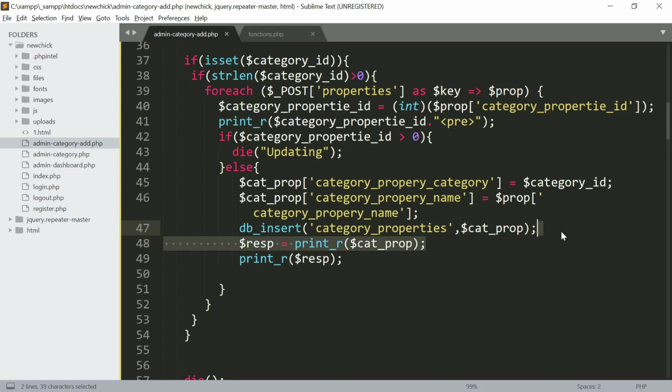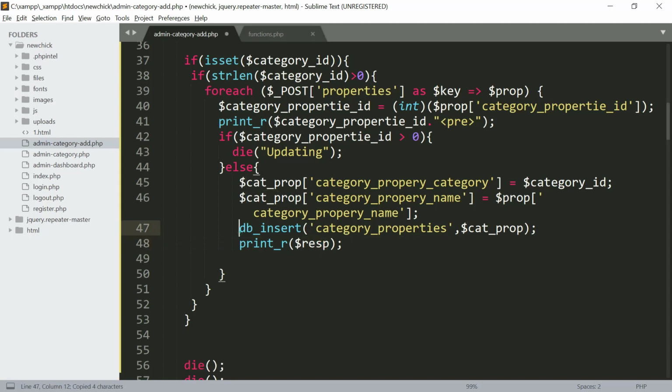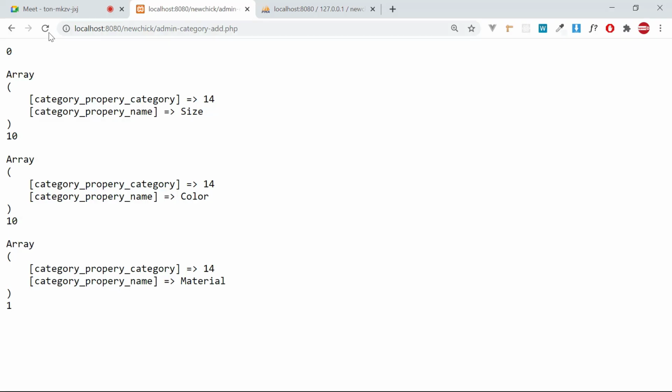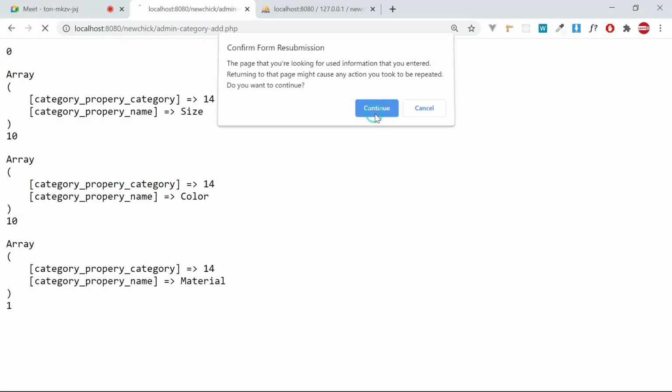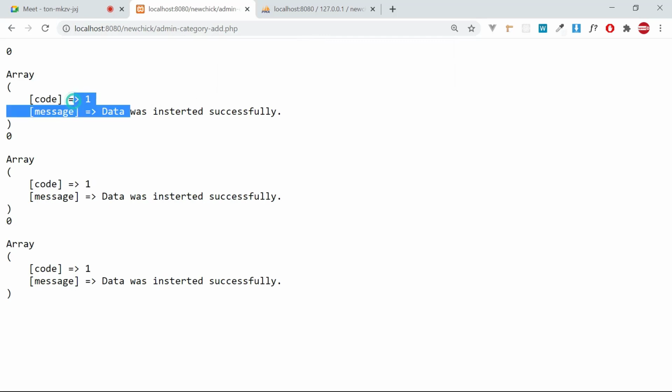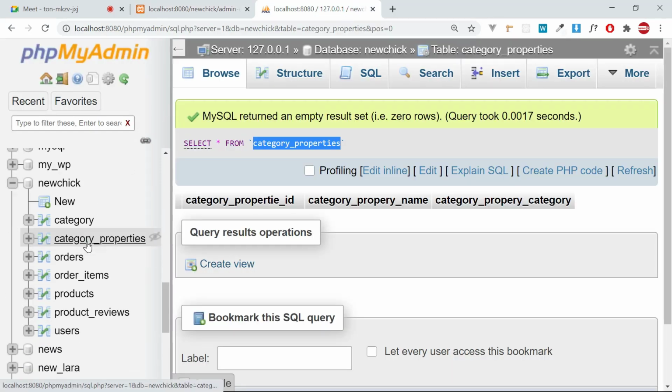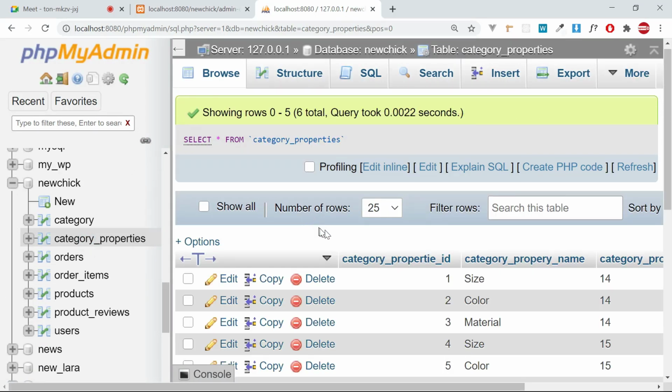Okay, I have to remove this. I did not receive the response, that's why. Okay, so let me refresh. You see? It was inserted successfully. So everything is okay. If you come and refresh here in properties, so you can see